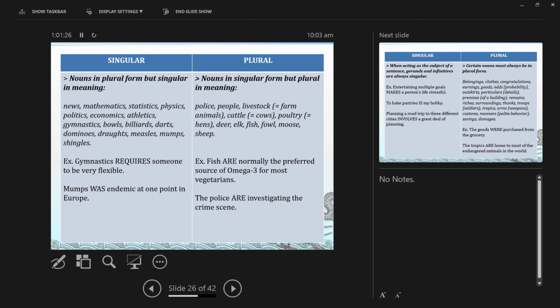Okay, now what I want you to do, use your phone right now and your paper, everyone. I want you to choose a singular noun from the list here. News, mathematics, statistics, physics. Choose a word and make an example sentence. Okay, you can start. Participants, please send your entry. Choose a singular noun with an S and make a sentence. Let's check if your subject and your verb will agree.